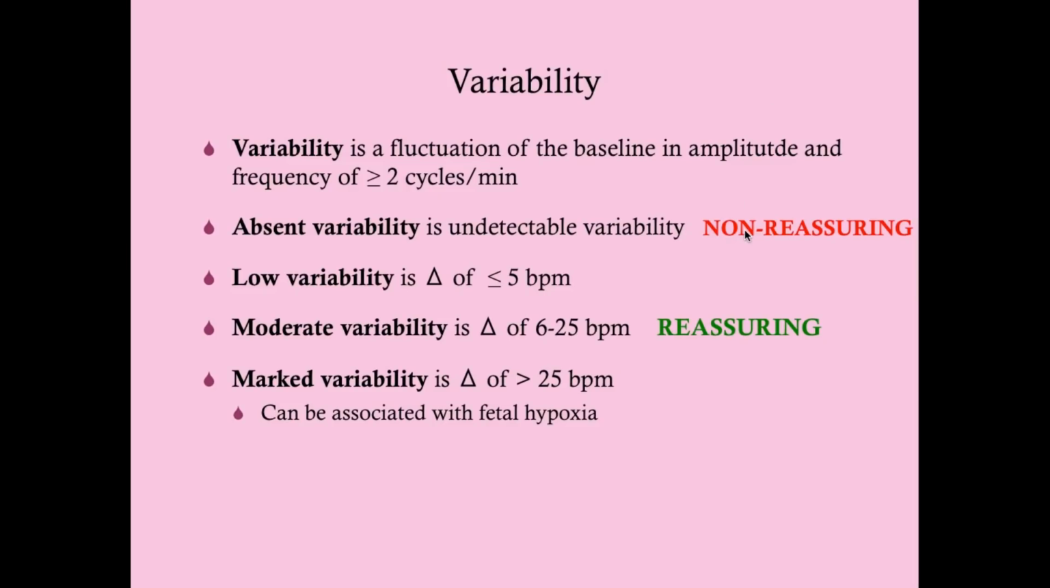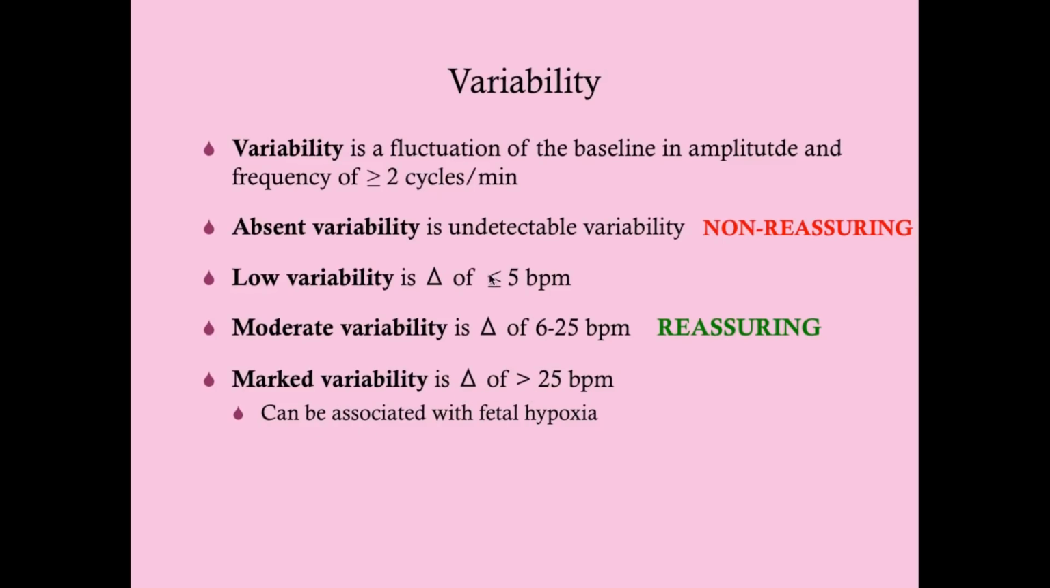That is non-reassuring. That's not good. You never want to see that. Low variability means that it's less than 5 beats per minute. So the only changes you have from baseline are less than 5 beats per minute. Moderate variability is a broad definition here. It's between 6 and 25 beats per minute. Most of the time, most strips, if you look at them, the vast majority will be moderate variability. This is reassuring. And then marked variability is more than 25 beats per minute fluctuations, and this can be associated